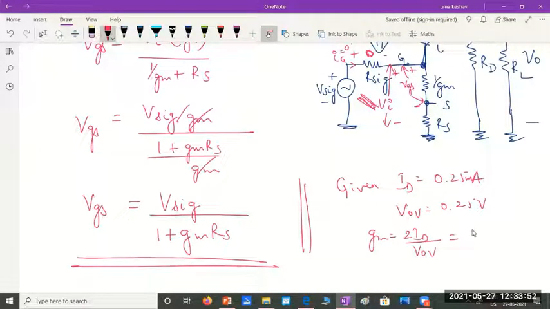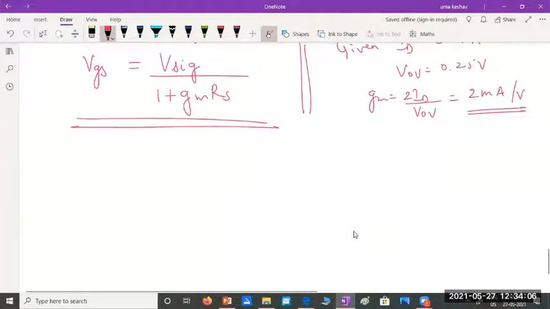I think we had got it as, this is twice, right? Is it 2 milliampere per volt or 2 millimhos? Okay, so we have got GM also. So can you find the value of Rs from this? Therefore,